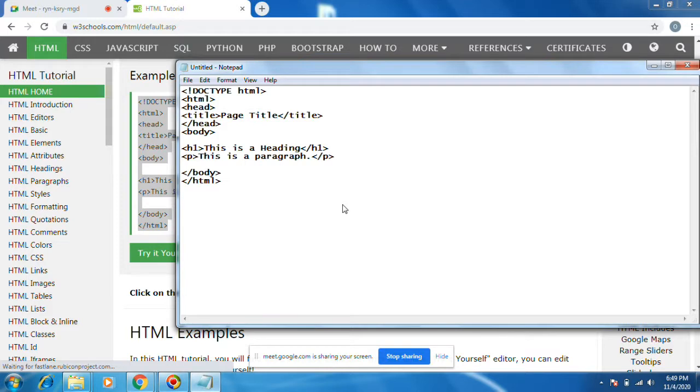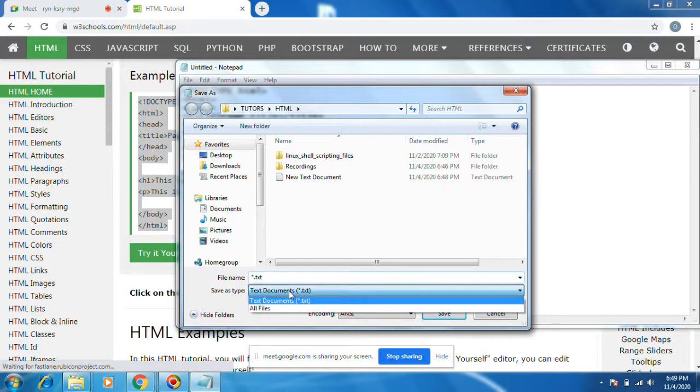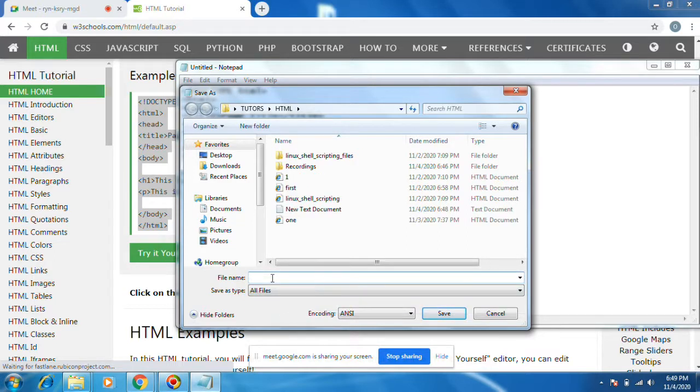You have to put the extension .html. Instead of .txt, you need to select All Files. Test.html. You need to put the extension .html for HTML files. Then select wherever you wish and just save.